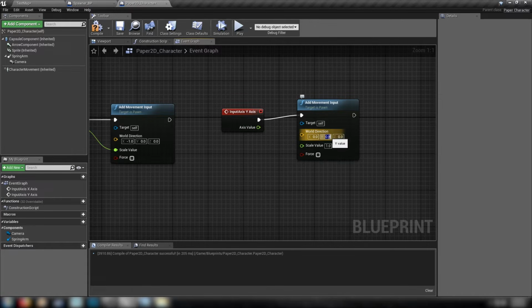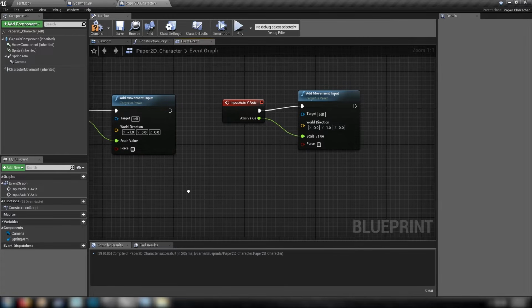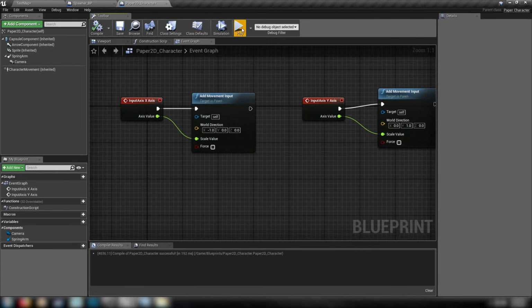And the Y-axis, obviously, is the Y-axis. We'll set to 1, because up and down will always be up and down. And plug in our axis value into the scale value of each one. And this will give us basic controls. So if we hit play,